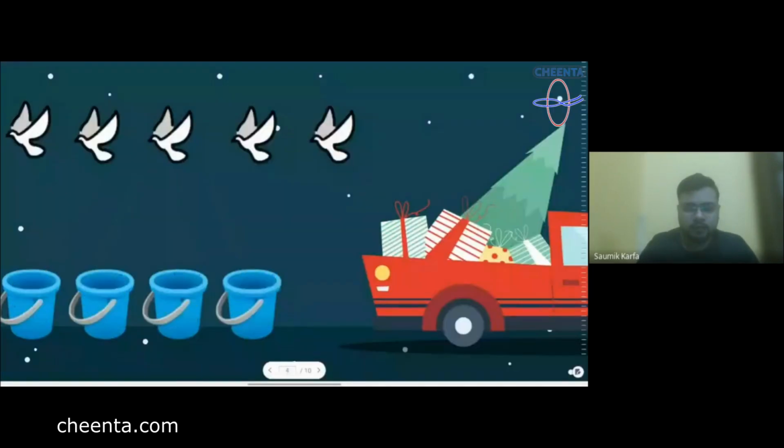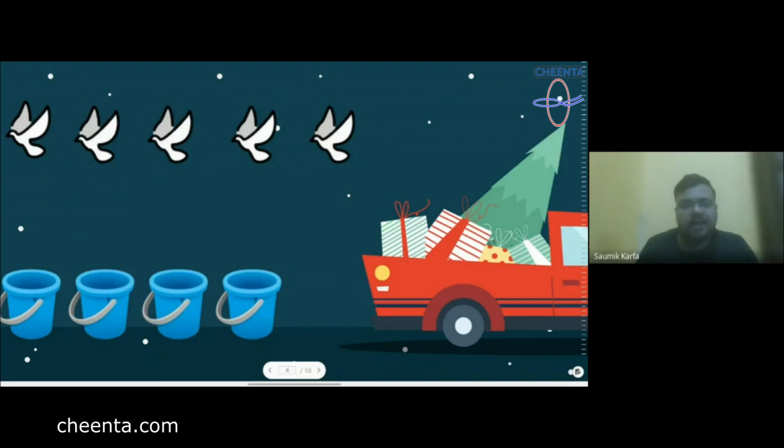So let's say you have four buckets with you and five pigeons, and you are asked to accommodate those pigeons in these buckets. How can you do that? And the rule is you can put multiple pigeons in one bucket. So there are many ways to do so. You can put all five pigeons in one bucket, or you can put four in one and one in another, let the other buckets stay empty, and in such ways you can get many ways to put these pigeons in these buckets.